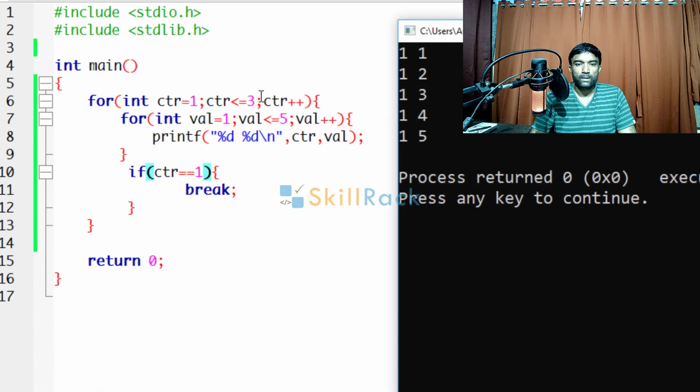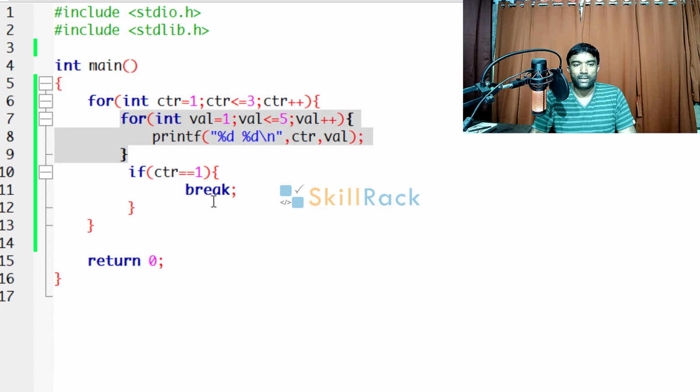Because when counter is 1, we are having this loop executed, it will print 1 1, 1 2, 1 3, 1 4, 1 5, and here it is coming yes counter equal to 1 and you are giving a break, which means this break will terminate the immediately enclosing loop. So this loop is not enclosing break. So which loop is enclosing break? It is this particular loop. So this loop itself will terminate and it will come to return 0.